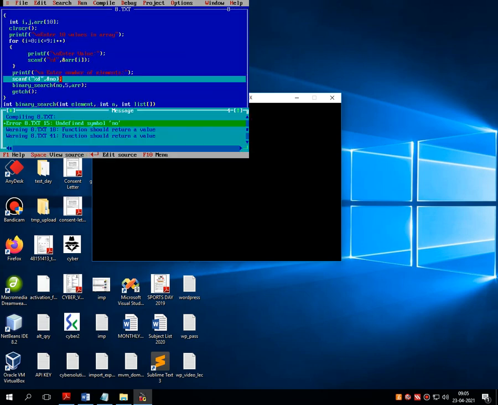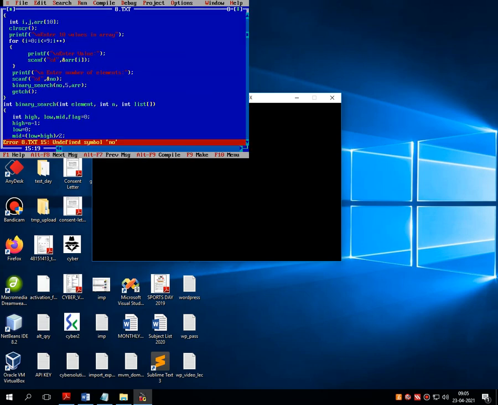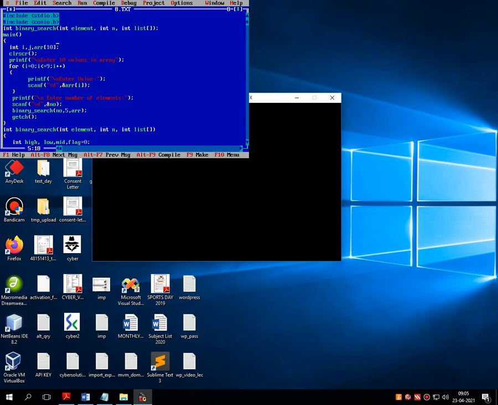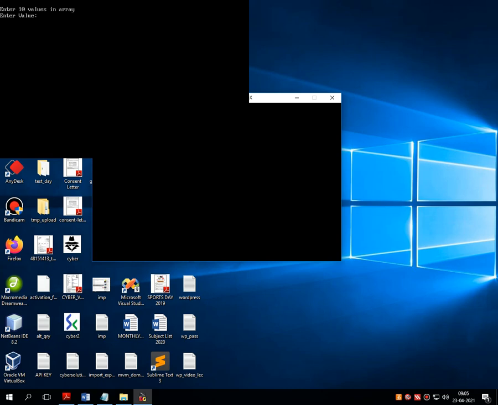Let's compile this code. Let's run the code, enter any 10 values. And enter the value which we want to search.